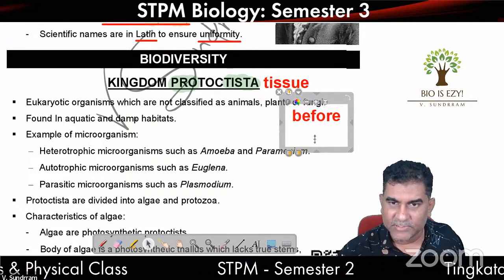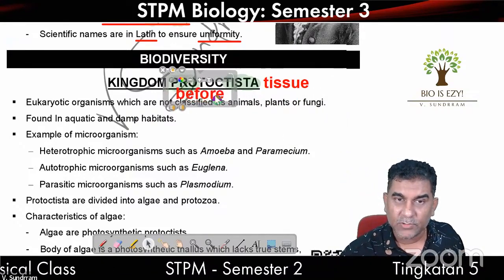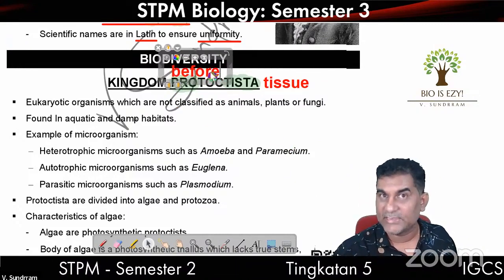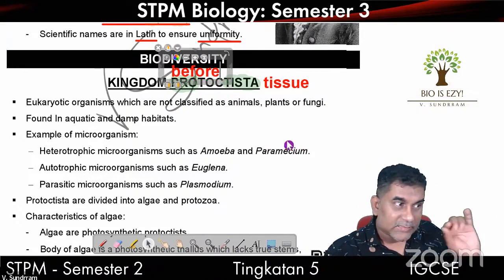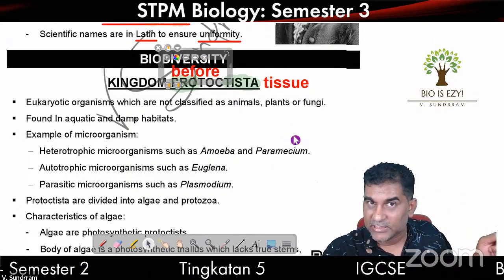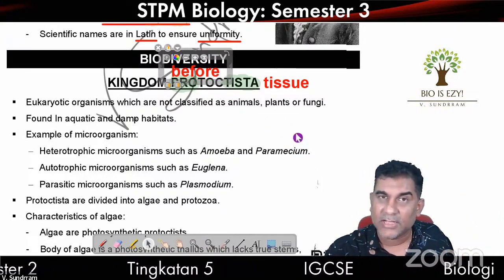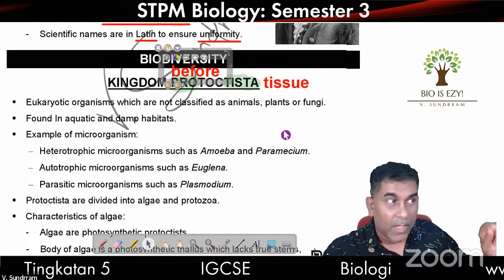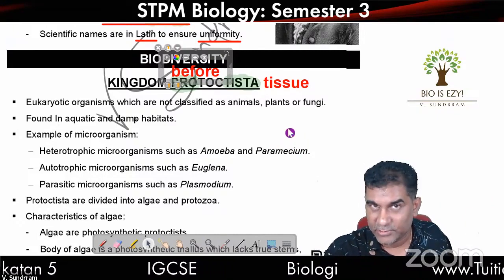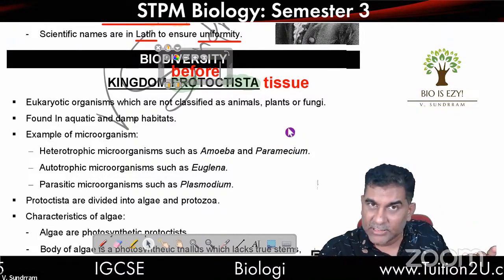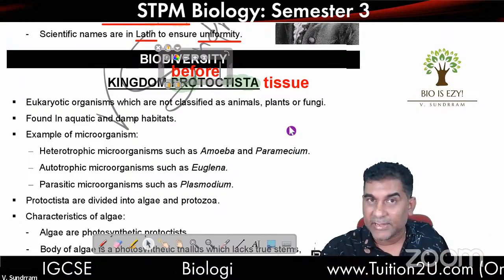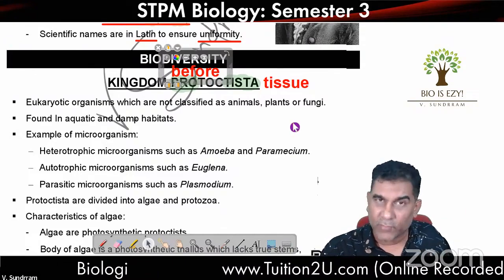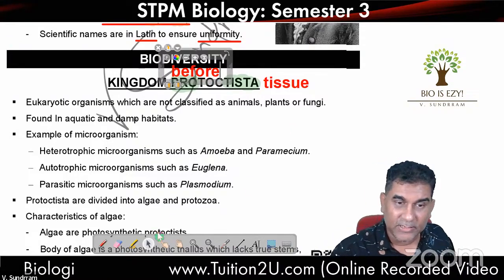So organisms under this group might be unicellular, might be multicellular, but they don't have tissue organization. That's the main point. Some of them will have animal characteristic, but they are not animal because they don't have tissue. Some will have plant characteristic, but they are not plant because they don't have tissue. So any organism that has animal characteristic but cannot be animal because they don't form tissue, we put them under what we call as,